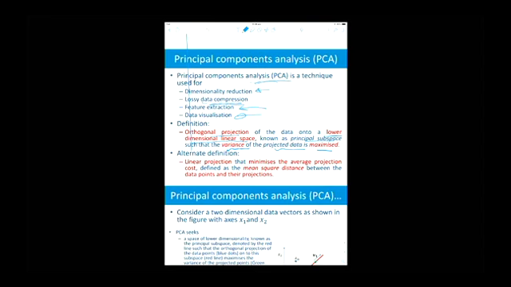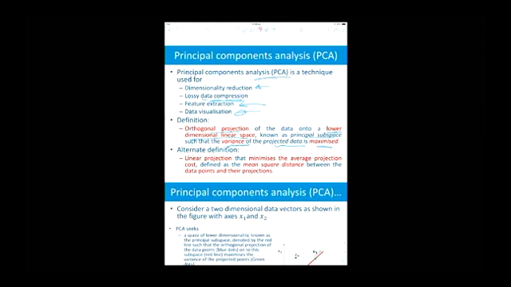So the first thing you need to note is it's called the orthogonal projection. What do you mean by orthogonal? Have you heard about that word before? You must have. Perpendicular. So we are finding axes that are perpendicular to each other. That's what you mean by orthogonal projection, into a lower dimensional linear space. PCA is using the linear space basically,